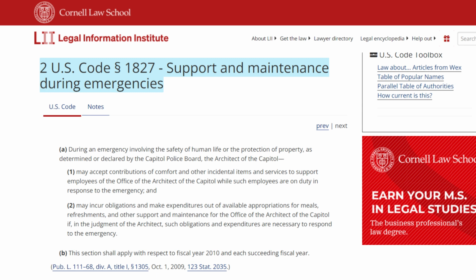2 U.S. Code § 1827. Support and maintenance during emergencies. (a) During an emergency involving the safety of human life or the protection of property, as determined or declared by the Capitol Police Board, the Architect of the Capitol (1) may accept contributions of comfort and other incidental items and services to support employees of the Office of the Architect of the Capitol while such employees are on duty in response to the emergency, and (2)